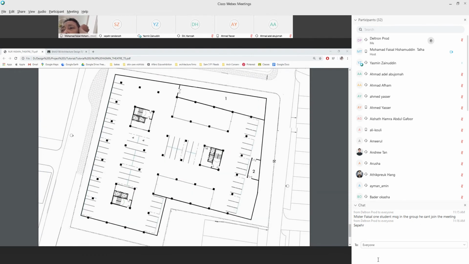Sorry, cannot. Number 2 is the exhaust room lah. Constant. Okay. Yes, that's correct.